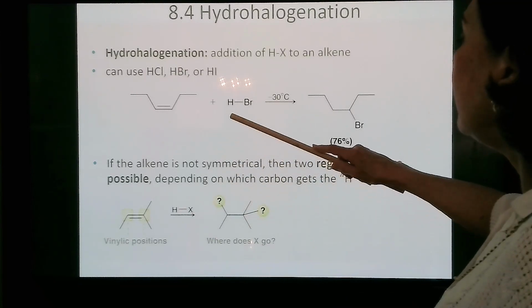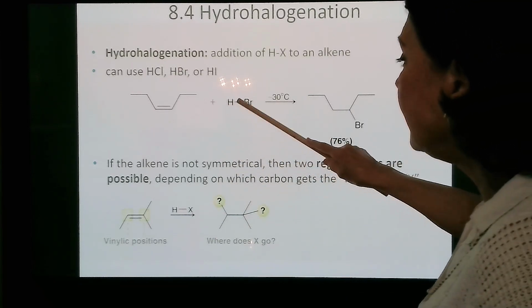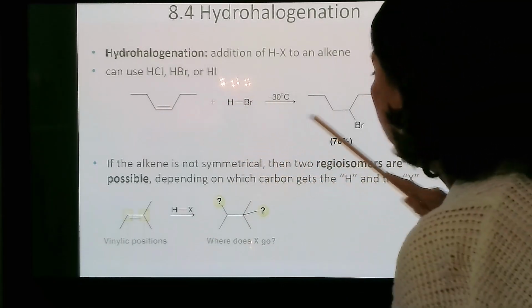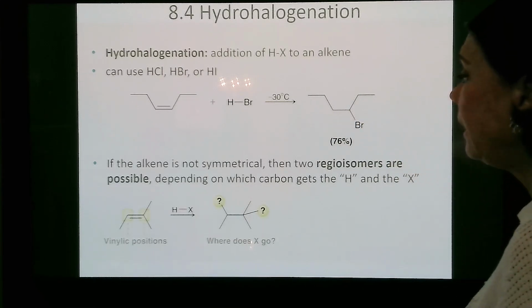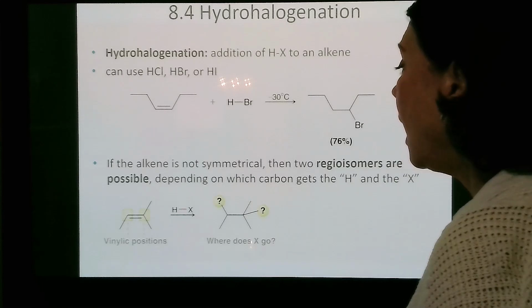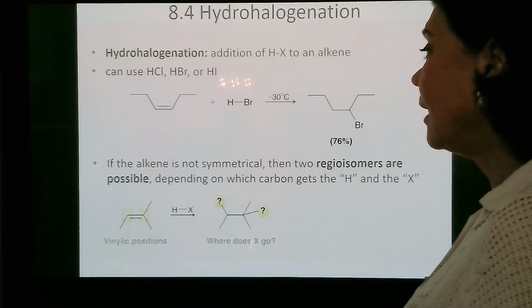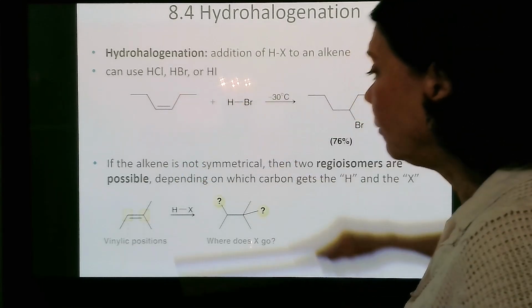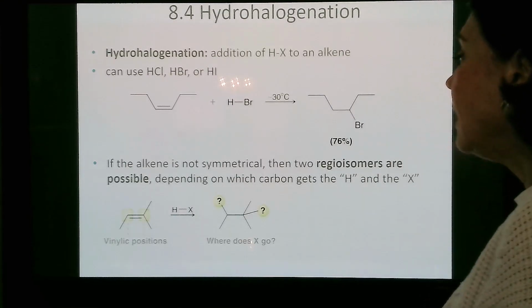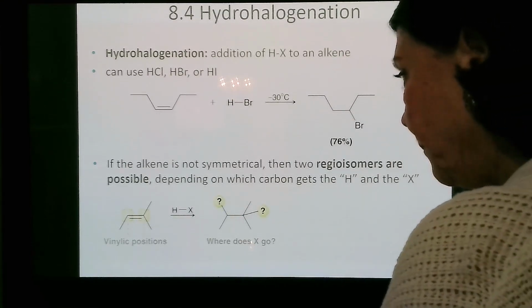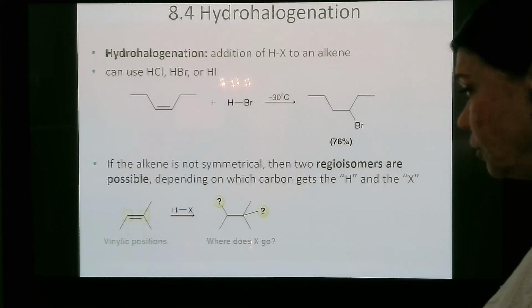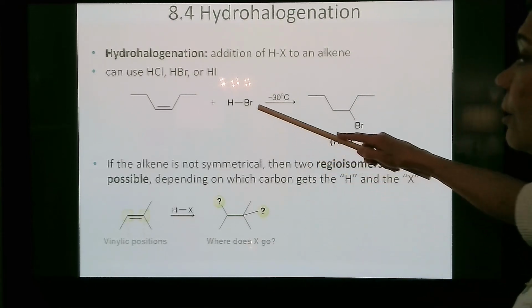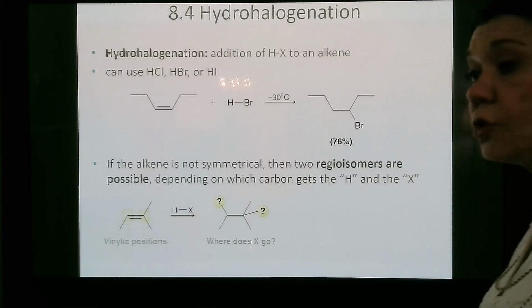And so here you can see that the HBr is added across the pi bond. Here you've got the hydrogen added to one side, bromine added to the other side. You're not looking at regiochemistry here because this molecule is symmetrical. But if it's not symmetrical, two regioisomers are possible depending on where the proton goes, because the first step is